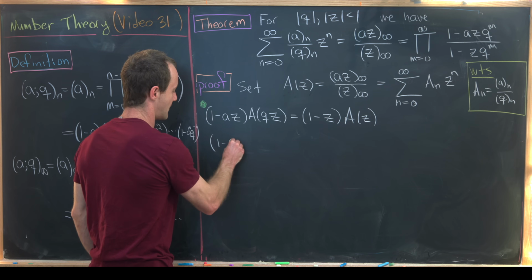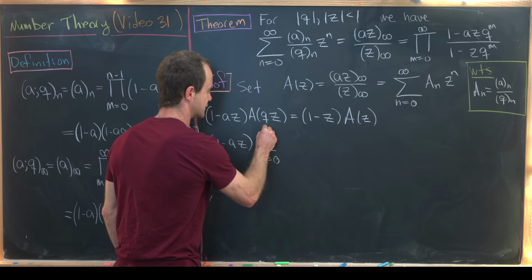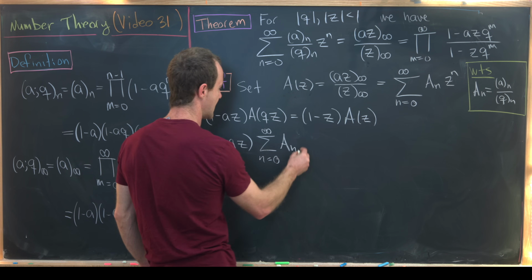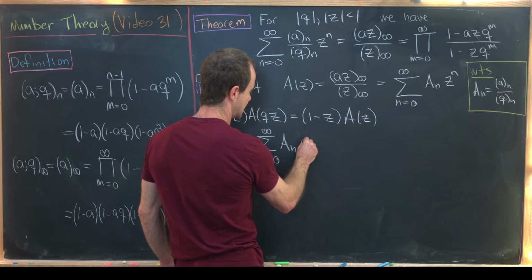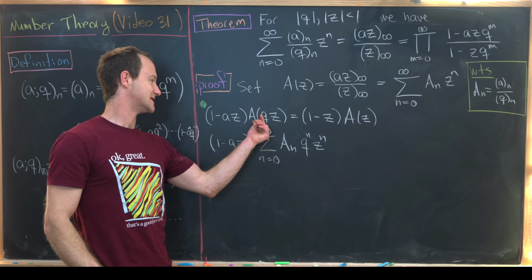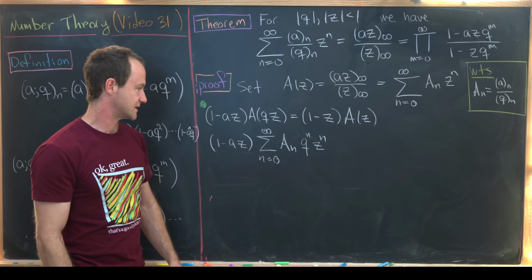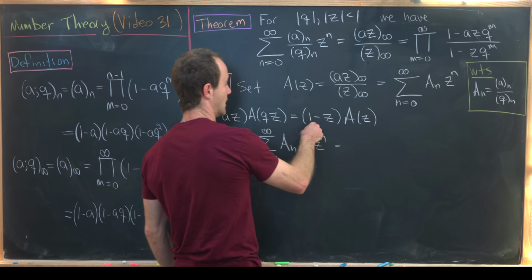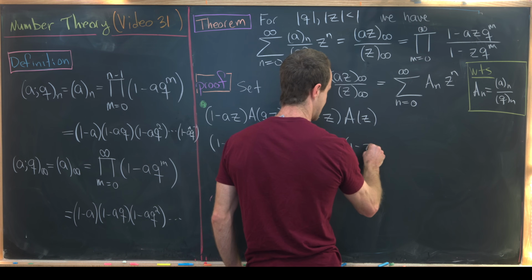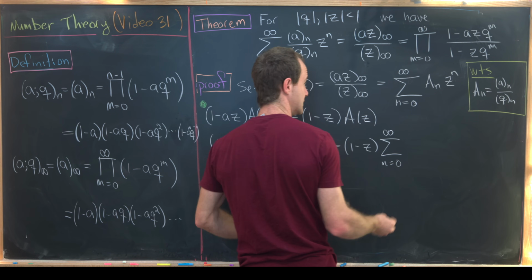So we've got 1 minus little a z times the sum as n goes from 0 up to infinity of a of n times q to the n z to the n. So that is this A(qz) expanded as our power series. And then over here on the right-hand side, we have 1 minus z, and then our sum as n goes from 0 up to infinity of